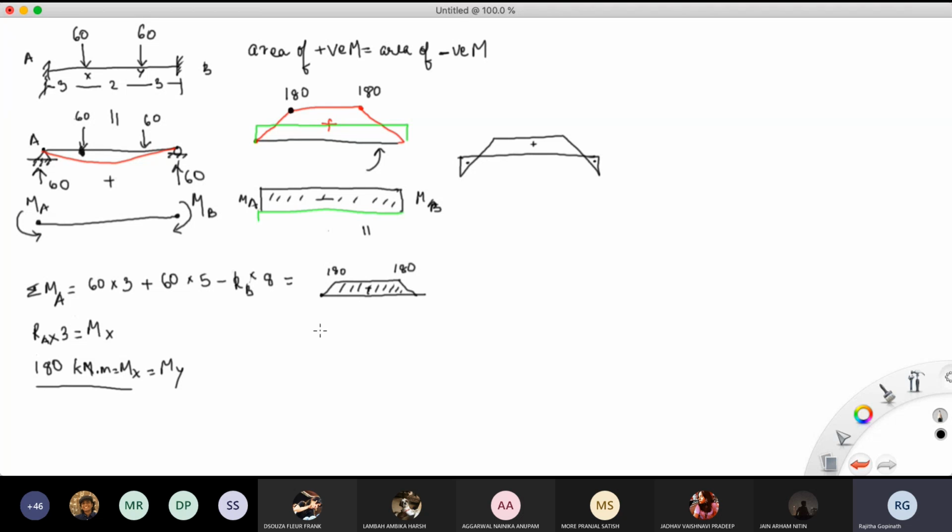So I'm just writing area of positive moment is equal to area of negative moment. Negative moment is MA into L. ये rectangle है इसीलिए MA into L